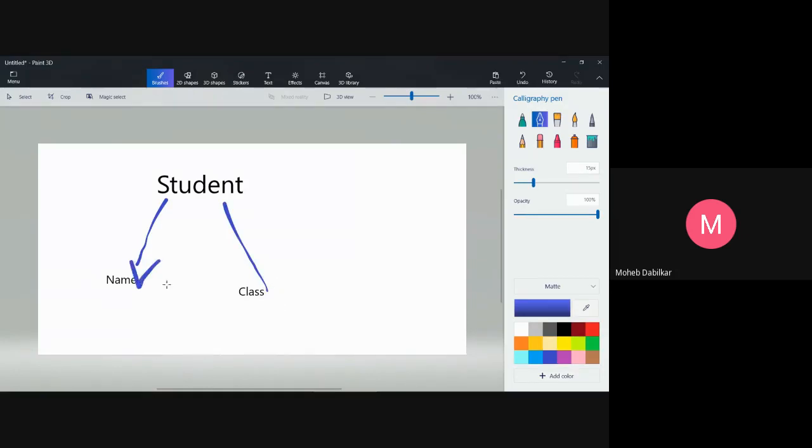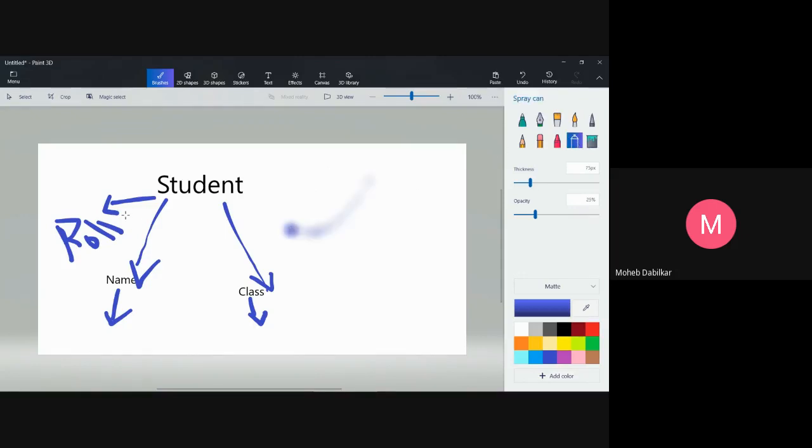It will tell that, hey, look, this is student name, this is student class, and then inside that, name should be only a string, class should be only a number, and it will also have a roll number. So let's just say it has a roll number. I don't have a mouse right now. So student has a roll number, and that will be unique. So that is what we are making for now.